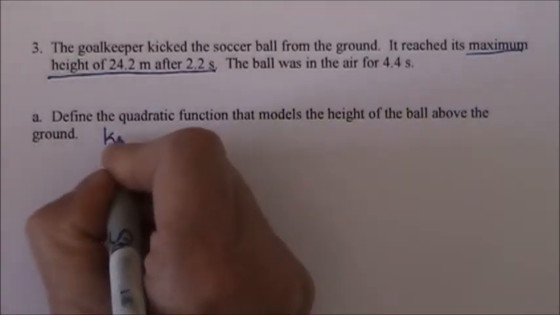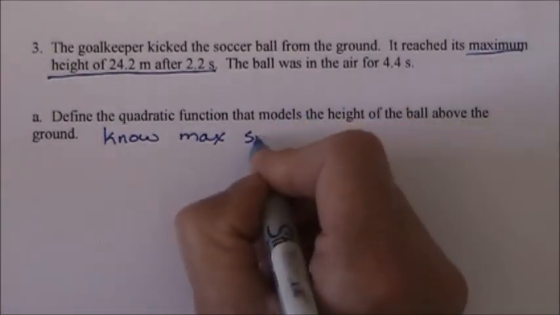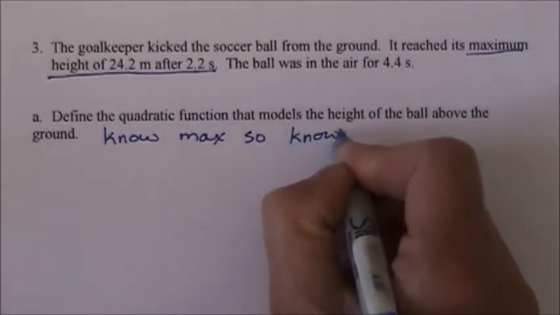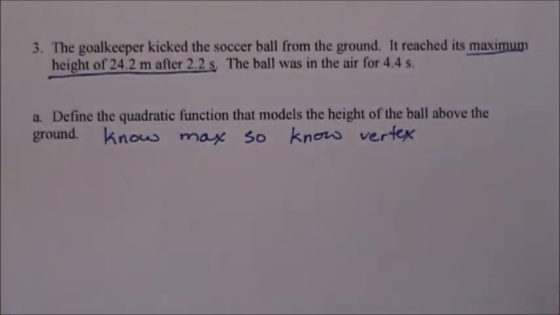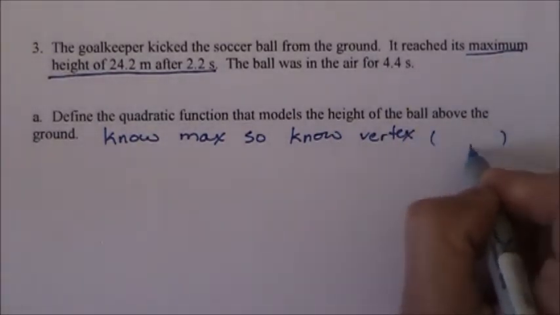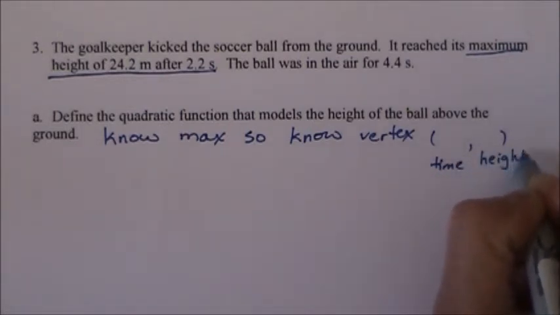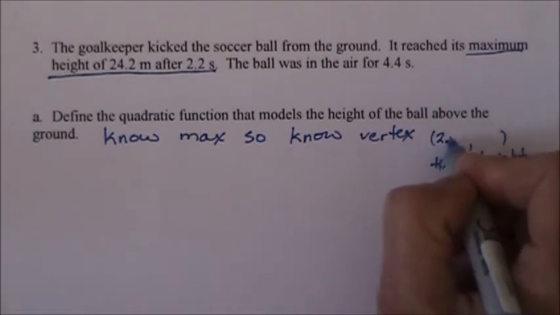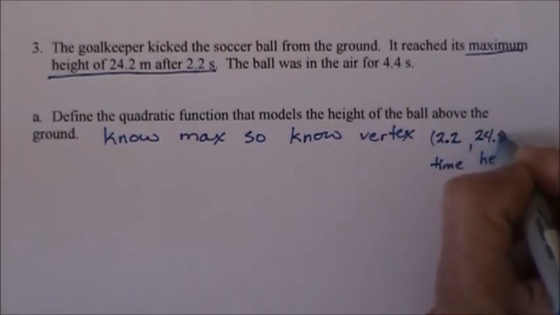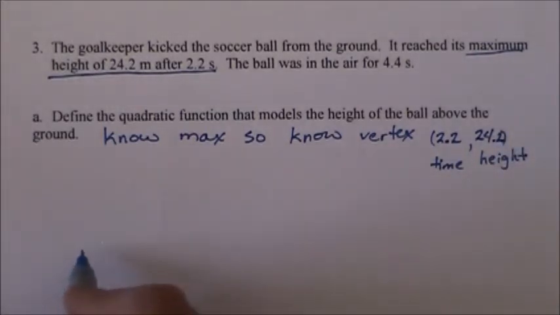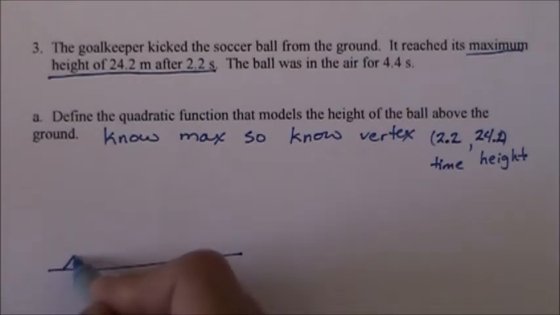So we know the max. So we know the vertex. And as we go to look at our vertex, it's time first, then height. So our time is 2.2, and our height is 24.2. So if we go and look at the scenario, there's the ground, here's our ball being kicked off the